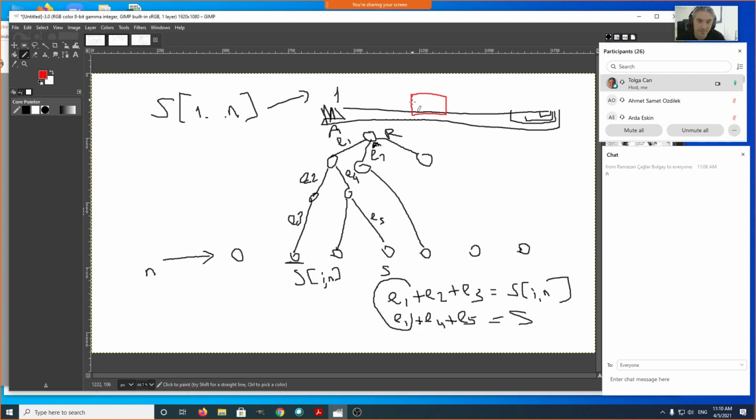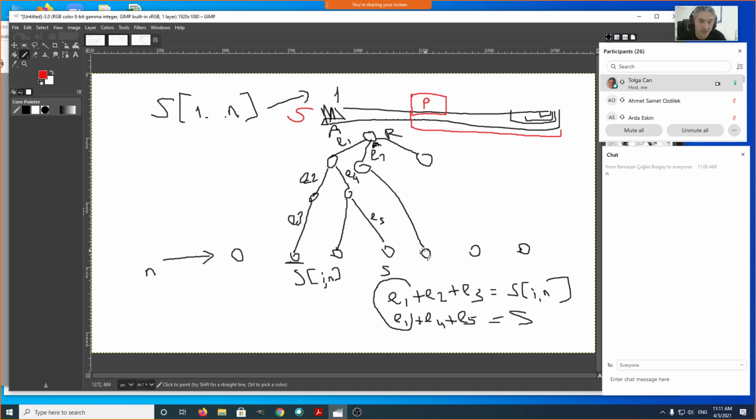Imagine I have a pattern P that occurs in the middle of my string S. Do you see something about this P? If a pattern P occurs in a string, what does it need to be? It has to be a prefix of a suffix, right? Any pattern. So if we have all of the suffixes, just look at any pattern that occurs anywhere in the